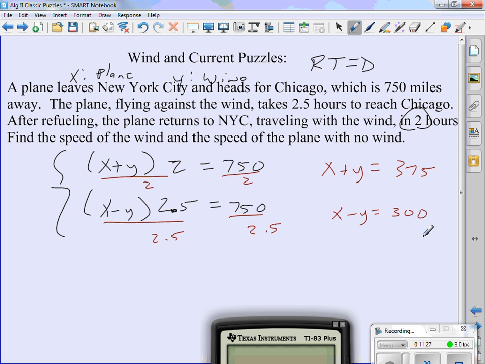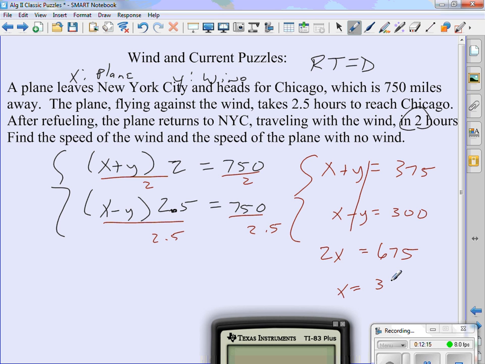Now, what do you notice here? Looking at this system, what could you tell me? Look at this system. What do we notice? What's different? The y's are different, one plus and one minus, so they cancel. The y's will always cancel out. What's x plus x? 2x. What's 375 plus 300? 675. Divide by 2. x is